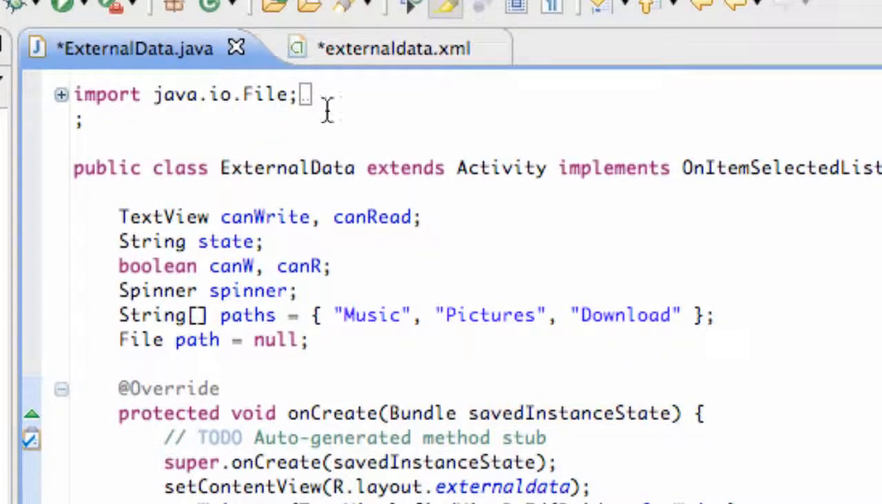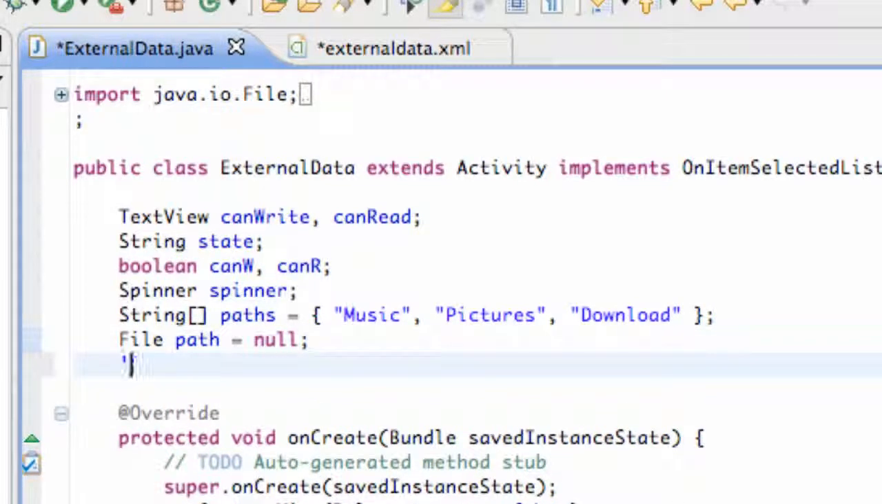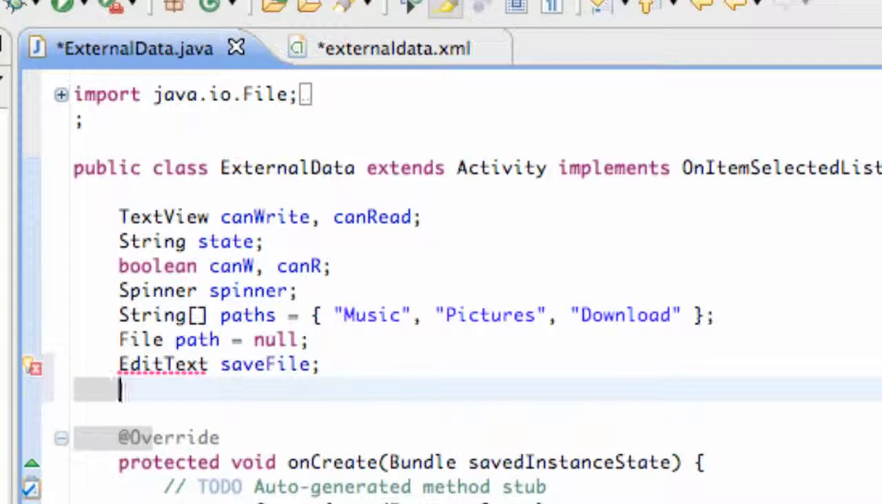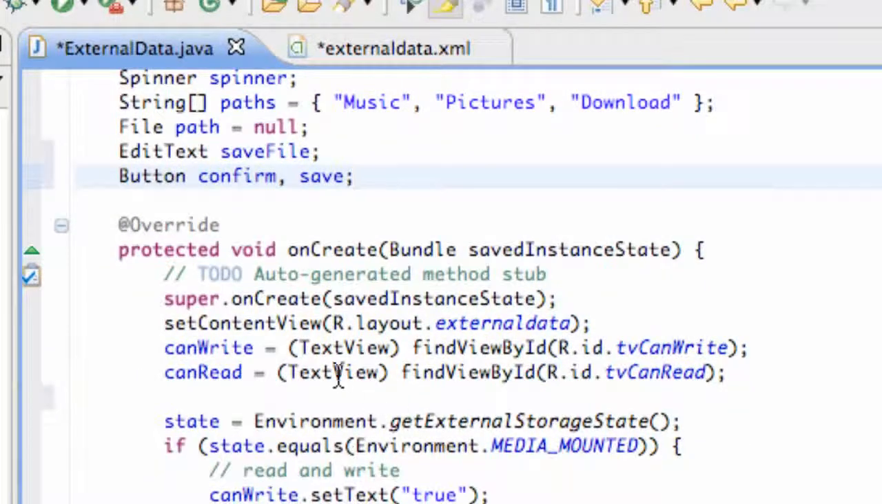Let's make everything accessible here for the whole class: our edit text, which we're going to call save file, and 2 buttons, confirm and save. Just import both of those, and let's set up our references now. Our confirm